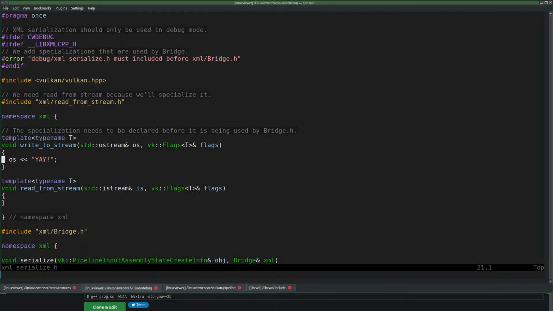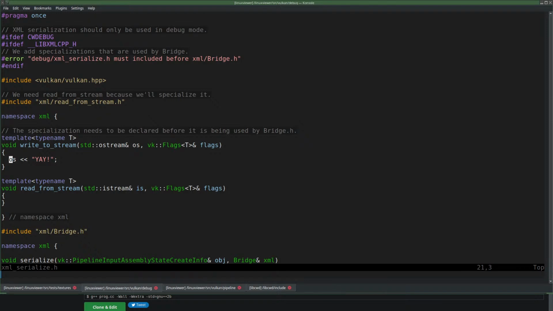I'm pretty sure that T is always an enum. I'm not even sure. I think it is always an enum.